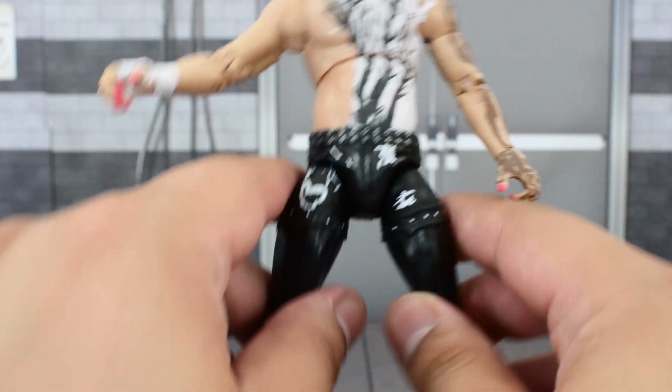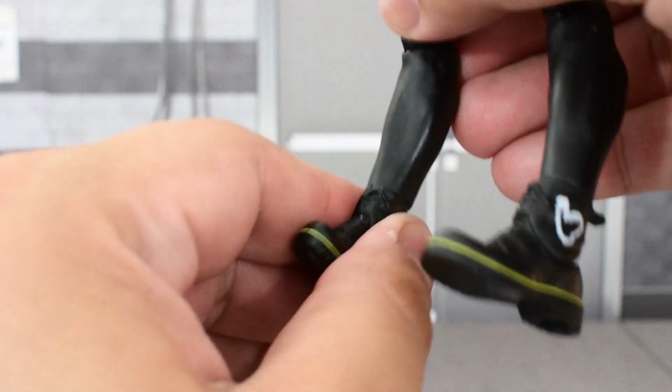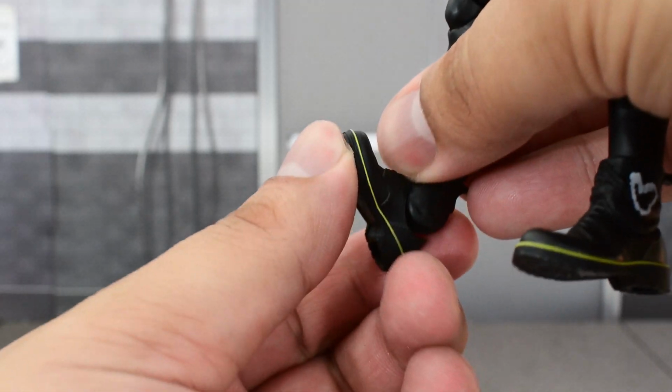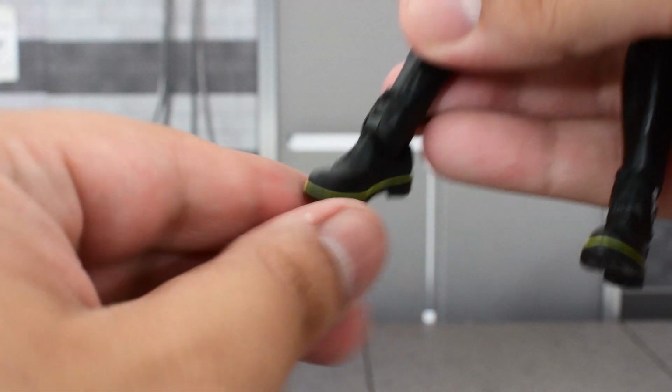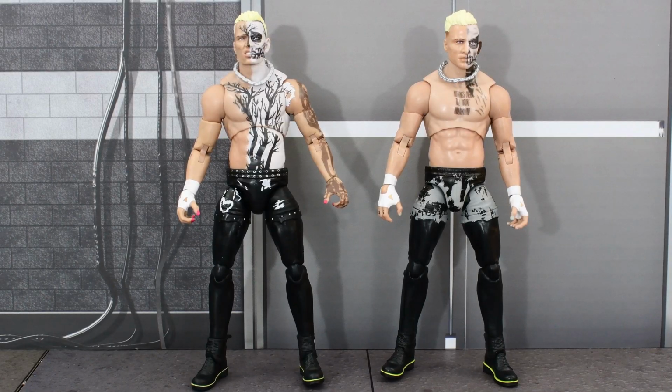Ball joints at the hips would allow the legs to go really far out, go that high up. There's a thigh cut, double jointed knees, rotation at the top of the boot. Ankle has a hinge, allows it to go that high up, that far down, and it has some great ankle pivot. And then here is a side-by-side look at the Unmatched Darby Allin next to Series 3 Unrivaled Darby Allin,